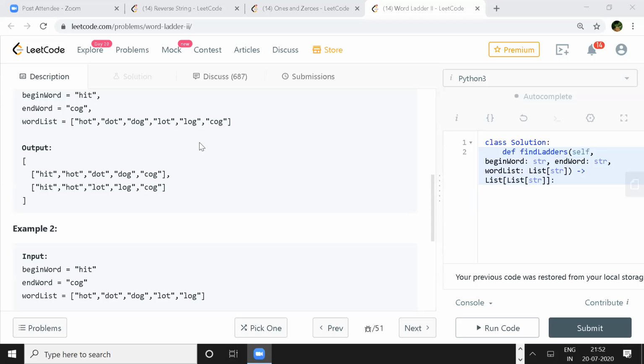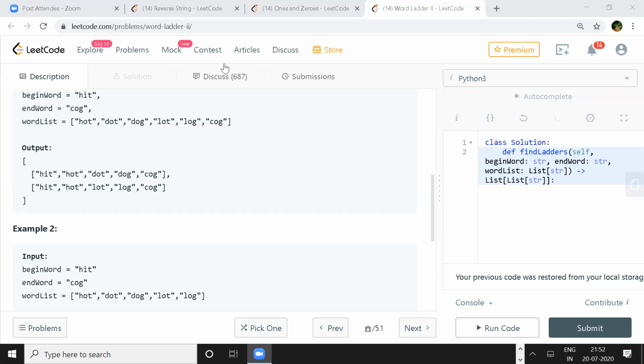Isn't brute force DFS? I thought it would be a DFS kind of thing. It was like a BFS or DFS, yeah. So I'm not coming up with a brute force though. Even suppose we find one path, then how do we find all the paths?